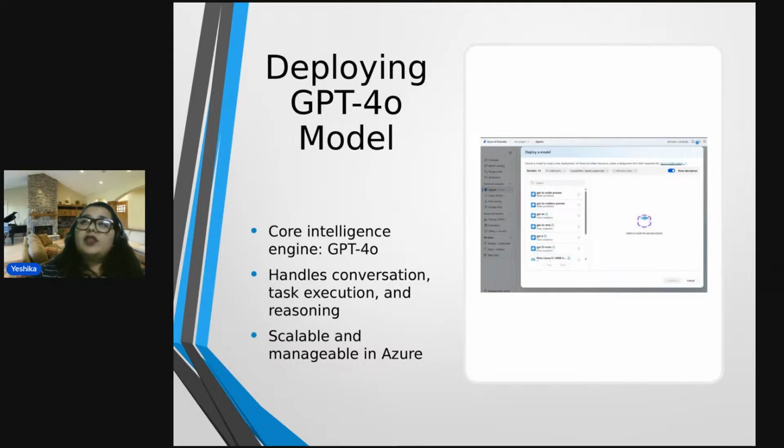Then bot services are also included in the resource set, and that allows you to scale your current agent to a level where it goes with the services that a chatbot can usually provide.